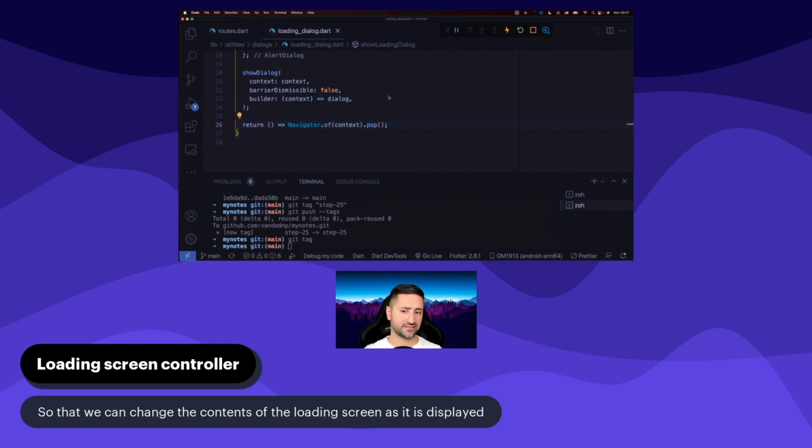So a typical way of doing that would be, for instance, to dismiss the first loading screen, show a new loading screen with the new content, and when you get rid of the second loading screen, then you can display the first loading screen again as that process is ongoing. However, this is quite a bit of a